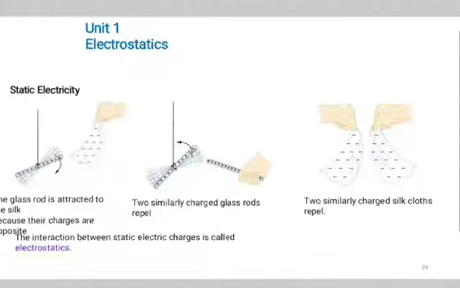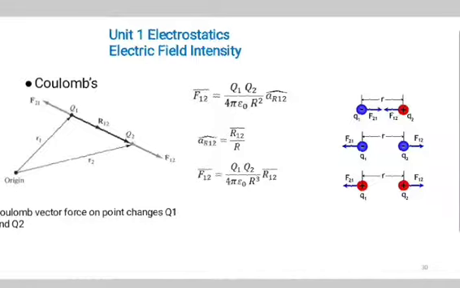By the law of conservation of charge, charge cannot be created or destroyed, but it can be transferred from one particle to another. When electrons are transferred from one atom to another, the first atom becomes positively charged and the second becomes negatively charged, and there exists a force of attraction between the two. This force is called the electrostatic force.